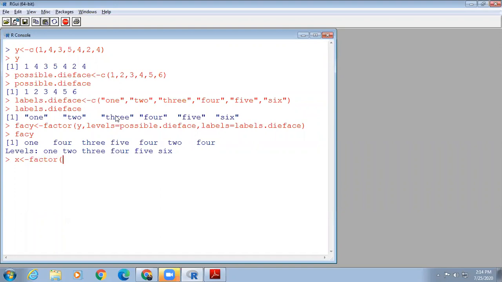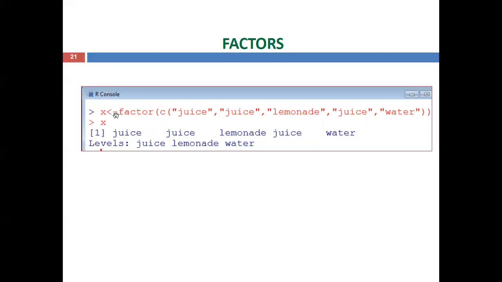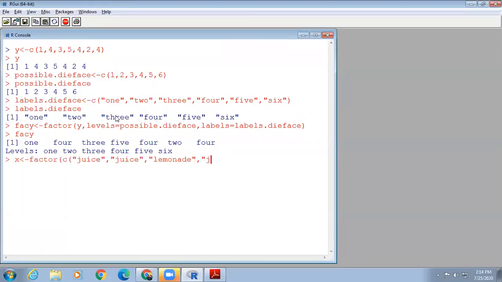So x equal to factor of c of the values: juice, repeated 2 times, then the second value lemonade, then the third value again juice, then the fourth value water.